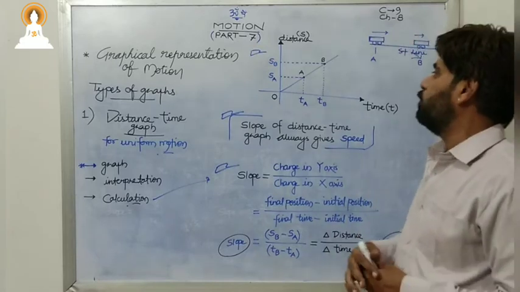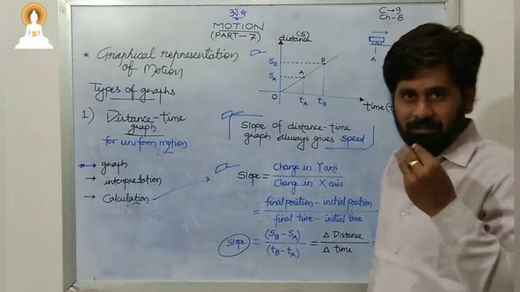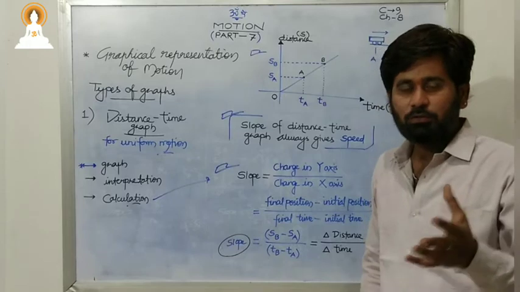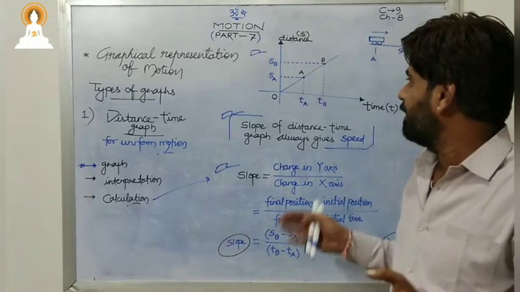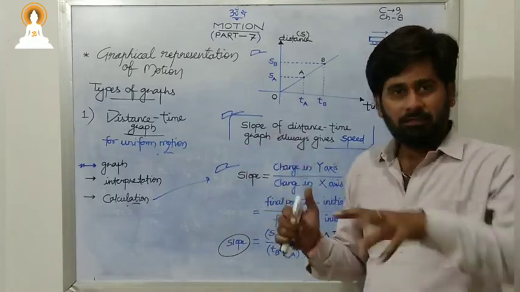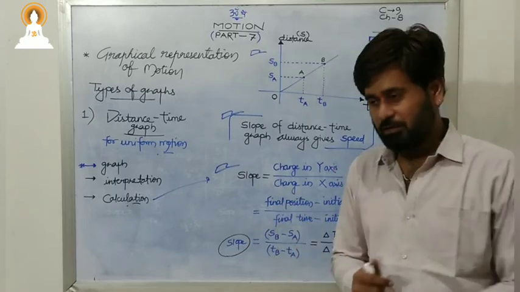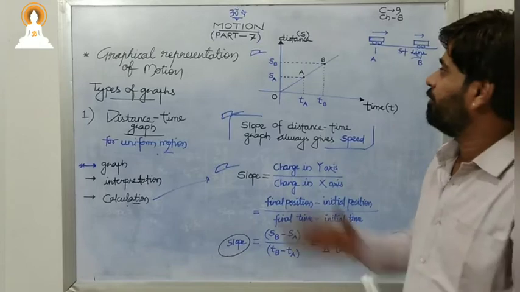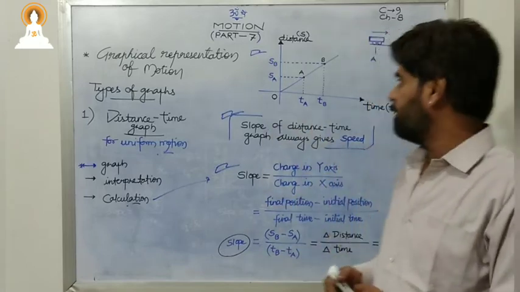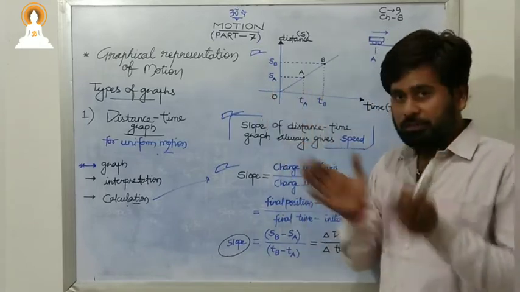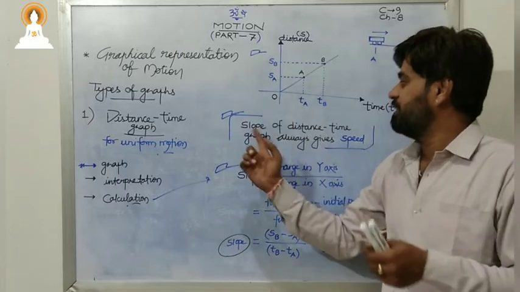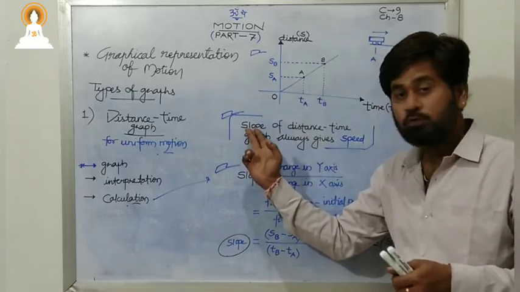You cannot eat a raw potato. You should have an operator. You have to make a vegetable of that. Your mother will cook that particular one, after that you will eat. So that operator is what? That operator is here, and that is known as slope.